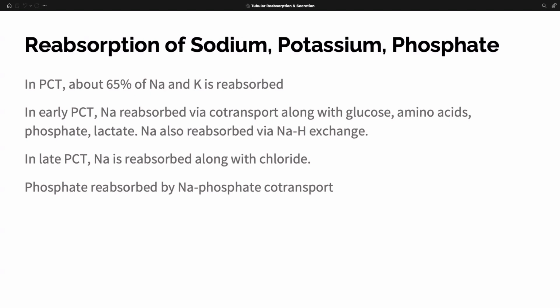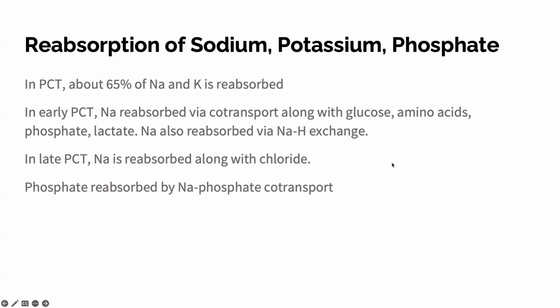Phosphate is reabsorbed by the sodium phosphate co-transporter protein, and a very important hormone called parathyroid hormone inhibits this co-transport protein, the sodium phosphate co-transporter. What happens is phosphate is not reabsorbed, and as a result, phosphate is excreted out of our body. So one of the effects of parathyroid hormone, PTH, is that it increases excretion or removal of